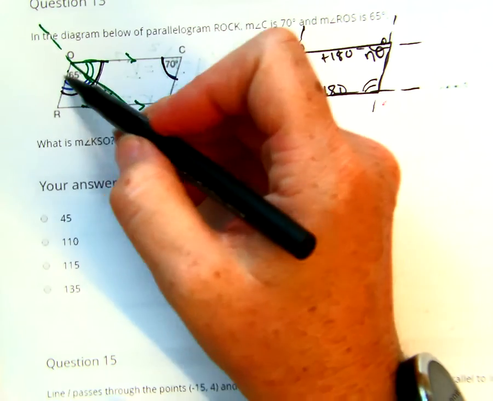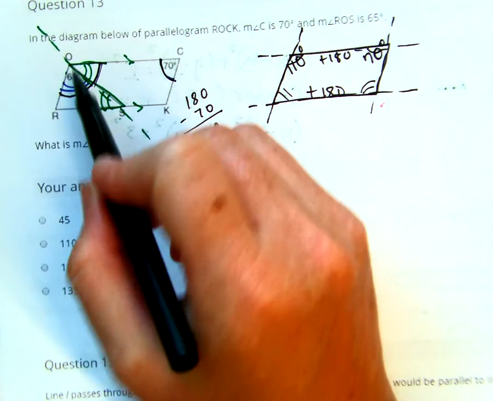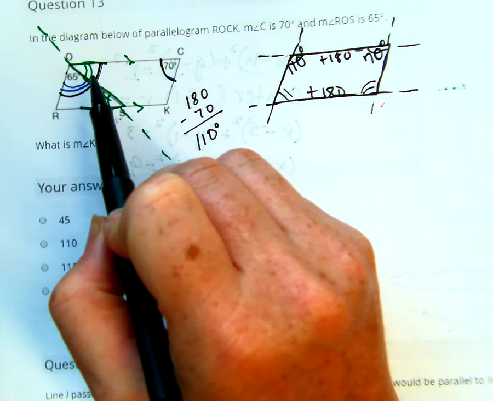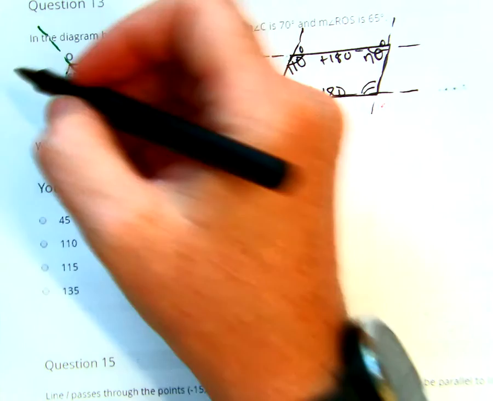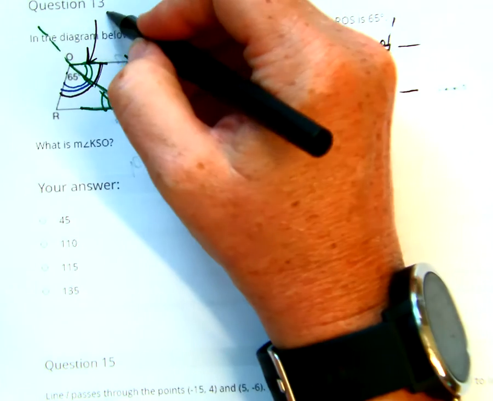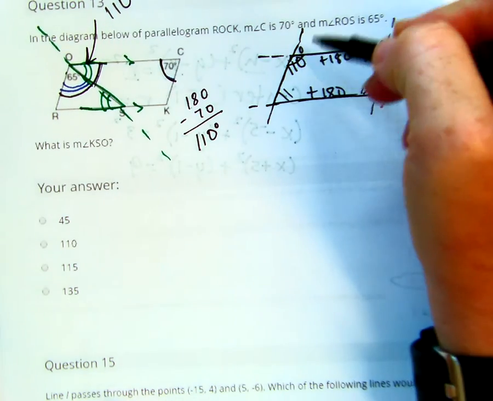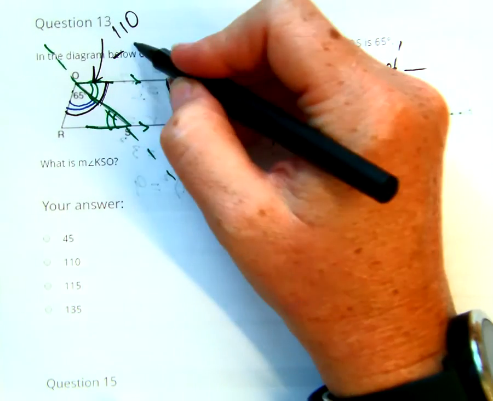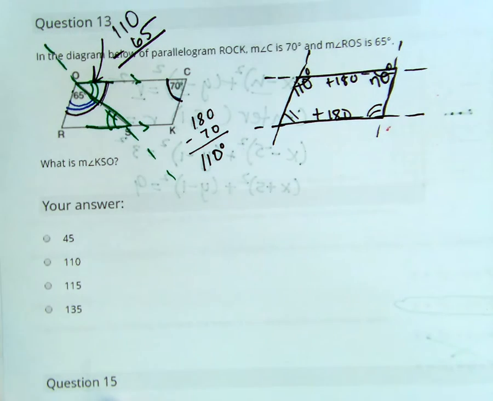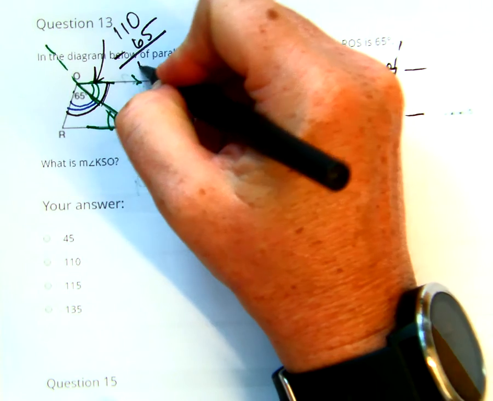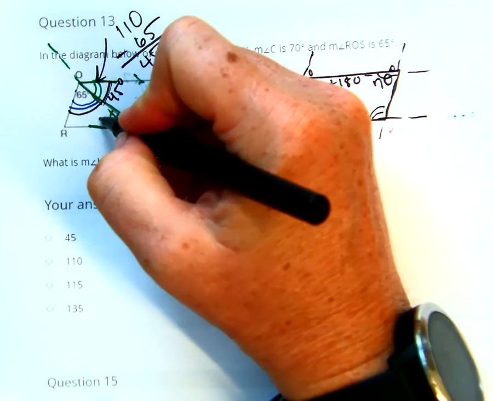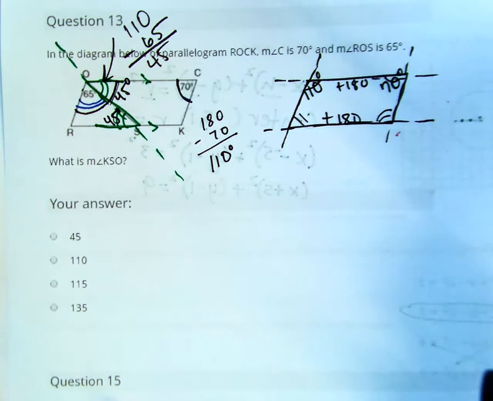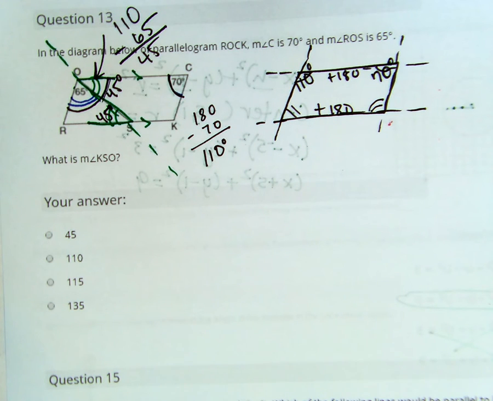So this split, this 65 in something is going to give me 110. Right? So if I wanted to know this angle, I could take that 110 degrees that I found, subtract the 65 degrees that I'm given, and I will end up with 45 degrees right here. Now remember, we just talked about this is alternate interior with this, which is all well and good. The problem is